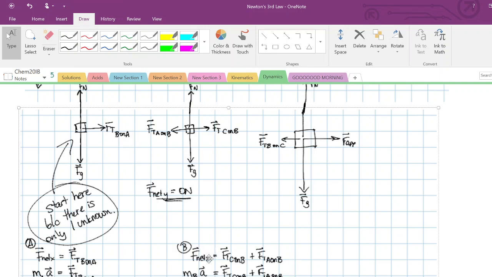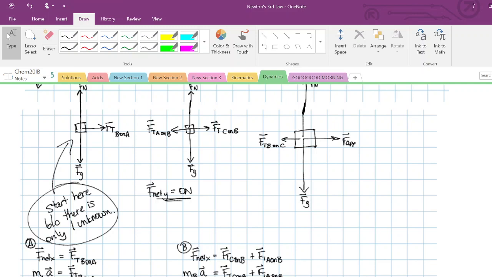My force net parallel is equal to the sum of the forces, so force tension C on B plus force tension A on B. My net force is equal to the mass of the B car times its acceleration, and that's equal to the force tension of C pulling on B and the force tension of A pulling on B. If I fill in my values, I get 2.0 kilograms times 0.75 meters per second squared, and that's equal to the force of tension from C on B plus negative 1.5 newtons. And we get that the force tension from C pulling on B must be positive 3.0 newtons, or 3.0 newtons